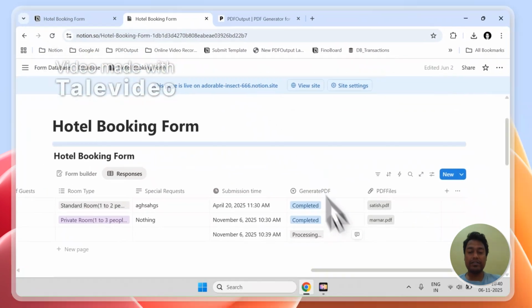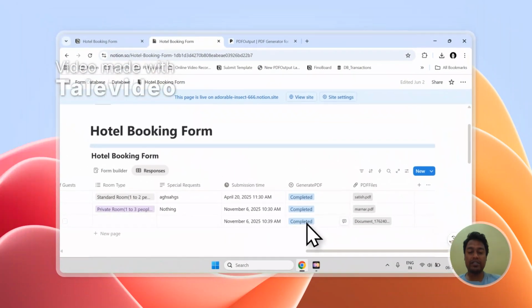Okay. So as you can see, it has started processing this document which we had just created, and the document has